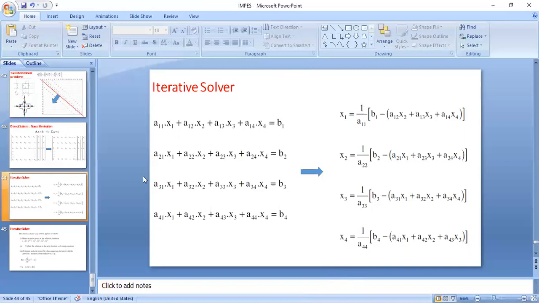We will use k for iteration, so as not to confuse, because n we are already using for time nodes. If you are moving for k number of iterations, after k iterations, if my assumed value and computed value are equal, then the solution has converged. It has converged to the exact solution, and finally you reach the actual solution for the set of equations you have. So this is how iterative solvers work. This is a simple example of an iterative solver, and there are other sophisticated iterative solvers also.